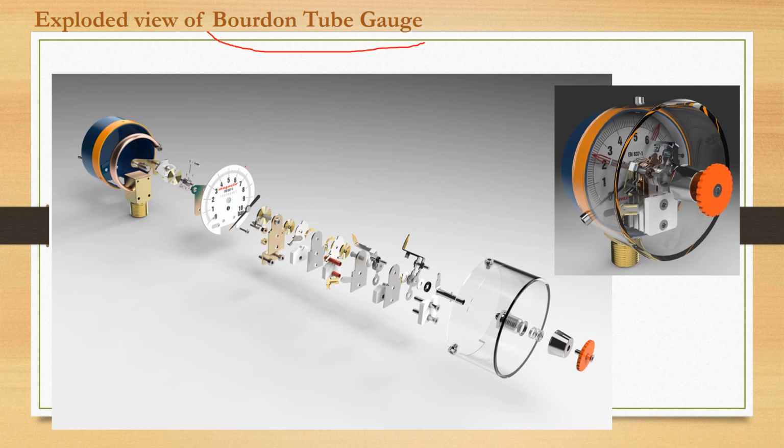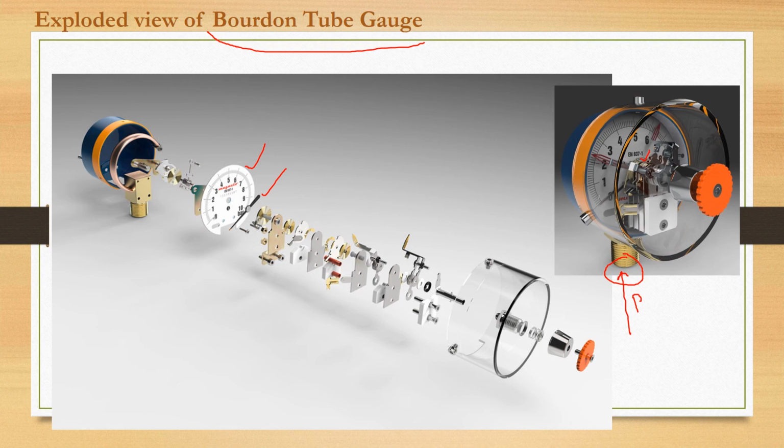components like the scale. Then you can see here we have the pointer, and there are different elements which are used to connect all these things. And here you can see from here we can apply the pressure signal, and in between here you have the Bourdon tube arrangement. This is your Bourdon tube,